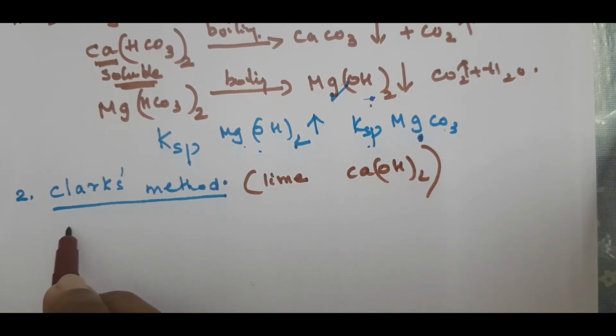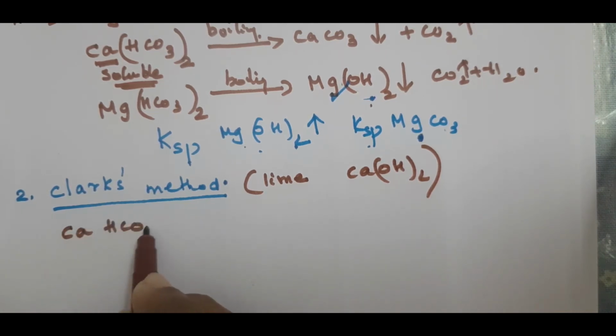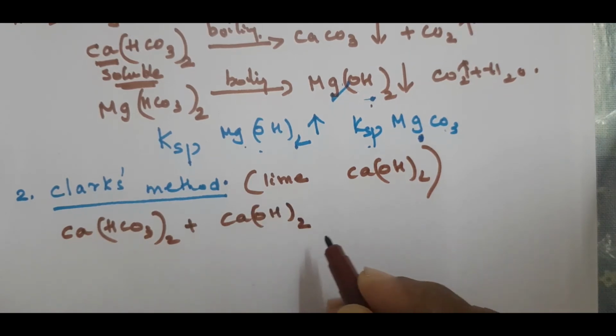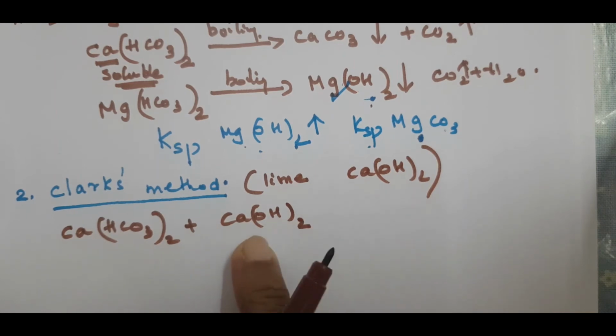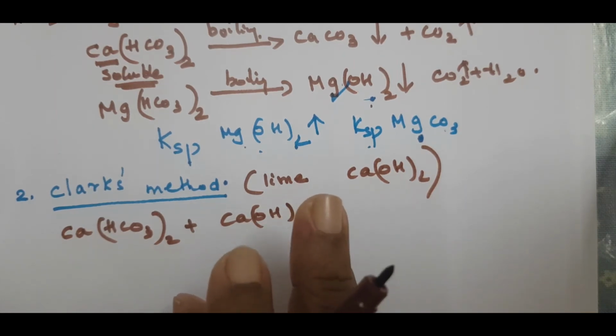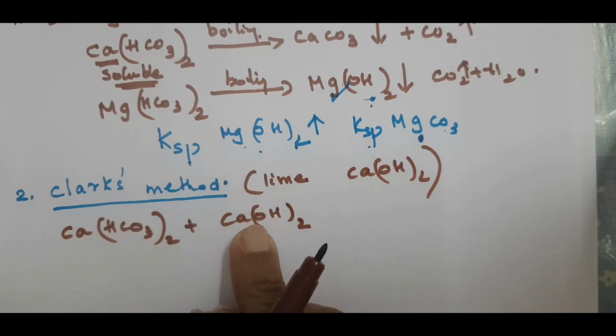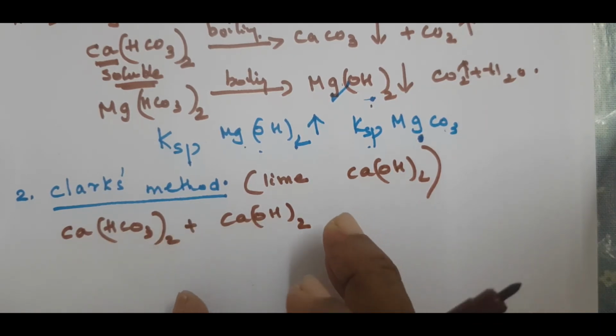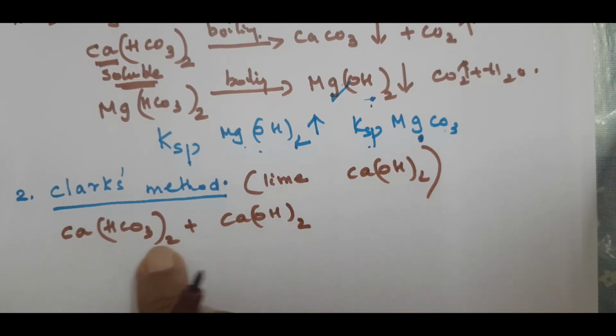In the same way, see, if you have calcium bicarbonate as a soluble thing in the hard water, when you treat it with lime, that is calcium hydroxide, one thing you remember is you have to put the calculated amount of this lime. There must be some measurement in putting the lime, how much lime for how much water. So when some calculated amount of lime is added to our hard water, what will happen?